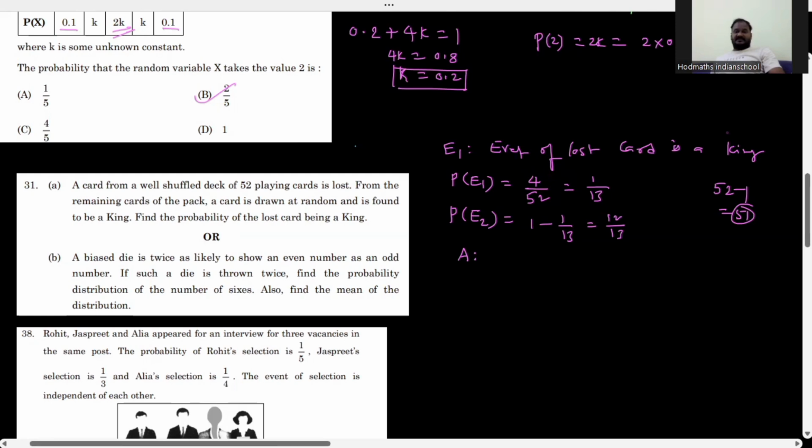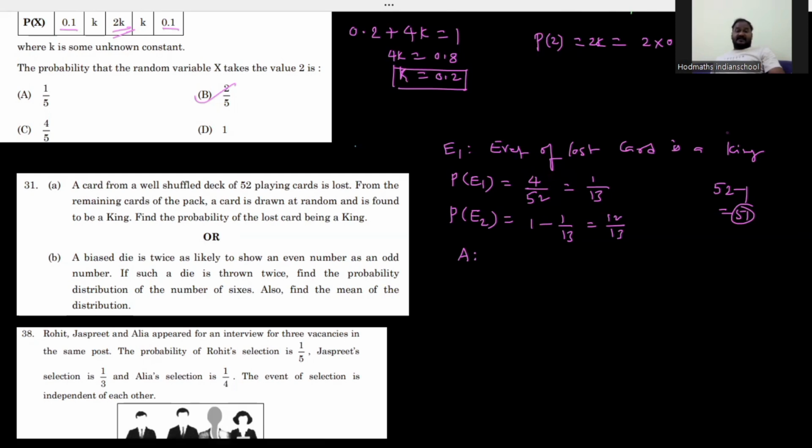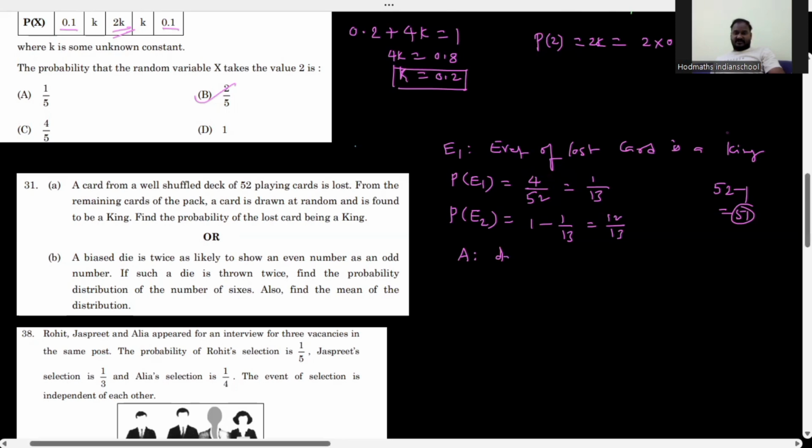Event A is drawing a king now from 51 cards. So the event of drawing a king from 51 cards. Drawing a king from 51 cards now. Now tell me what is the probability of